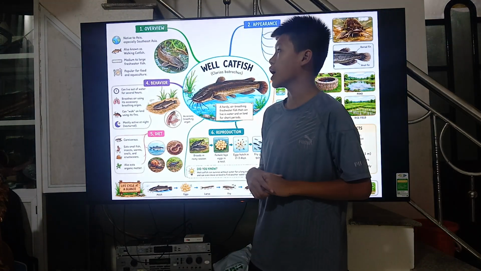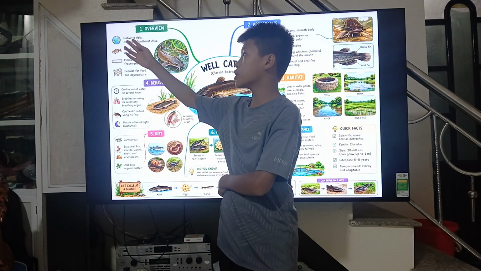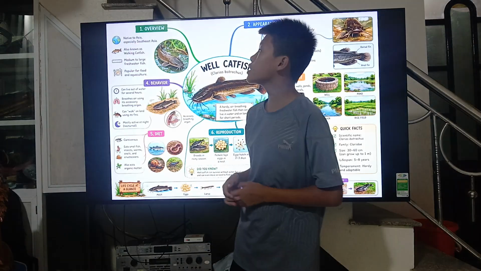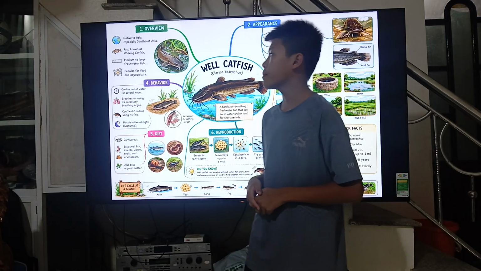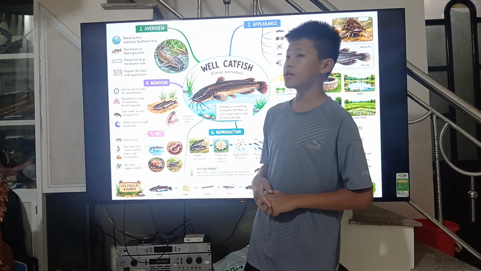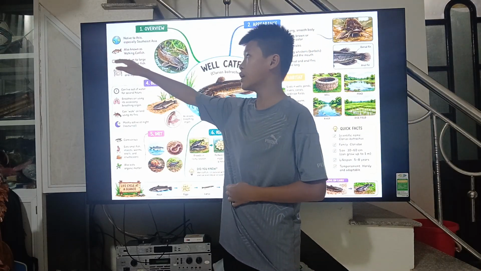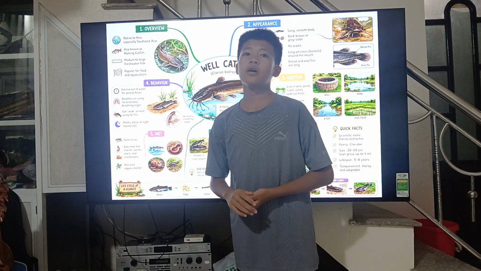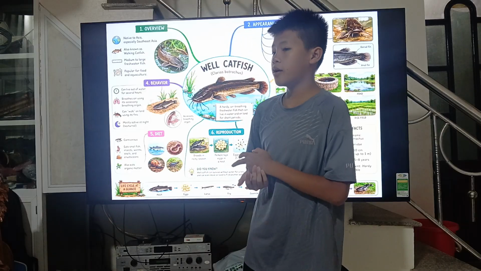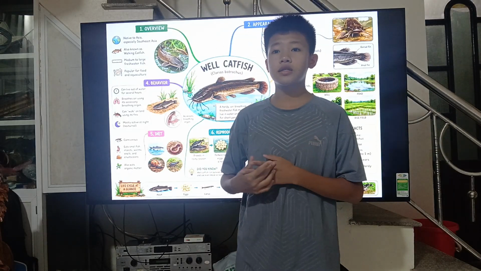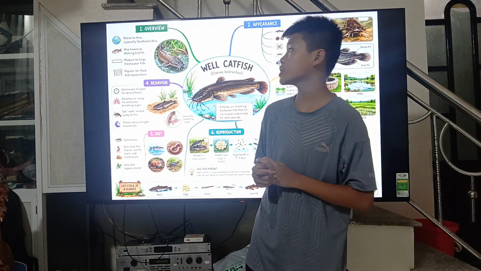Before I talk about the names, very fun names of the fish, it's about the native region of the fish, which is Asia and especially Southeast Asia. They have many names, but the funniest name I saw is that they are also known as the walking catfish. Why can they walk like that? Because they can go onto the land and breathe and walk like a fish, like the lizards or snakes on the land.